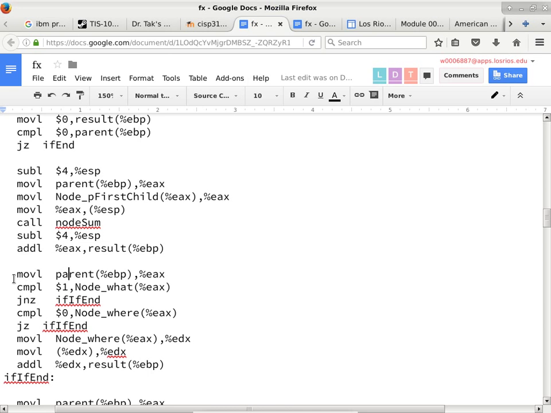Okay, what else are we doing here? Looks like some kind of conditional thing going on here, right? Because we have a compare and a conditional branch. So we want to find out what exactly we are comparing. Once again, we are copying the parent pointer into EAX, and this time we're referring to another member of parent, and we're comparing that to 1. If it is not 1, we go to if end, which is down here, and then we have another chance to go to if end. If where, which is a member also of parent, is 0, we also want to go to if end. So combining these two,